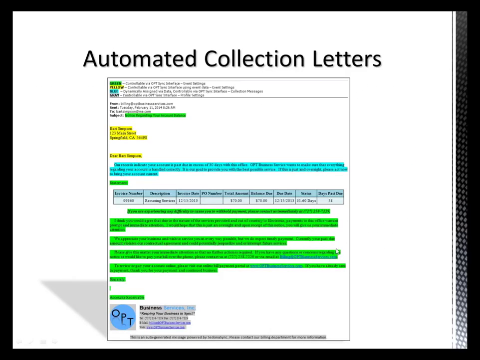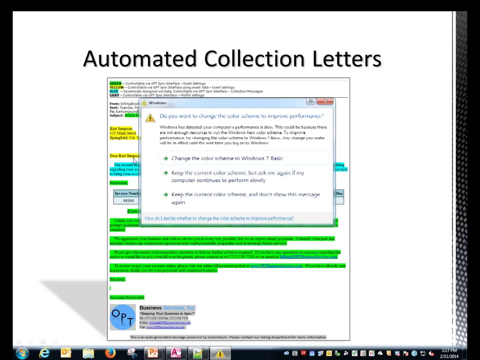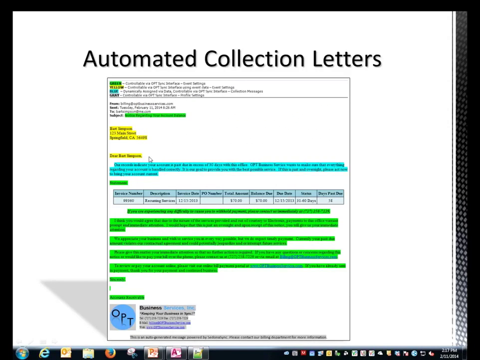So this is an example of our automated collection letters where we've set up the OPT sync interface to customize the event. What we see is that there's different components that can actually be customized with the event. For instance, we have our address information here. We can select a different formatting option within the interface for that, as well as our salutation. So in this case, we're addressing the customer directly, but we can address the site or the bill to or whatnot. And that's a simple drop-down menu, so you aren't required to change any of the query logic or the HTML